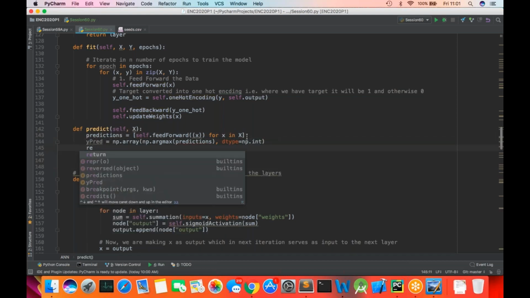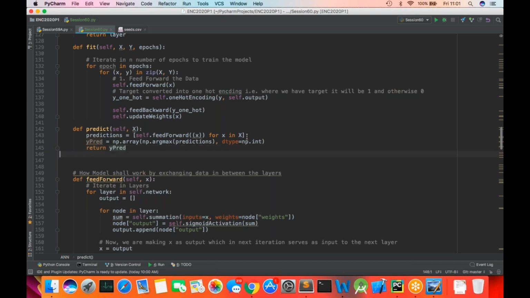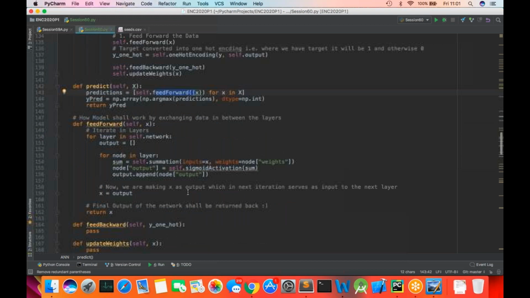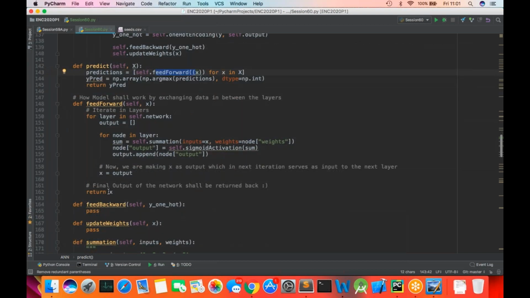Return this y prediction. So this is your prediction function, right? So we'll do self dot feed forward. The feed forward function is going to give me some final output for this value of X, right? And thereafter, once this is returned back,